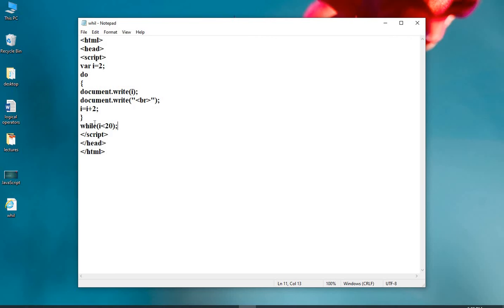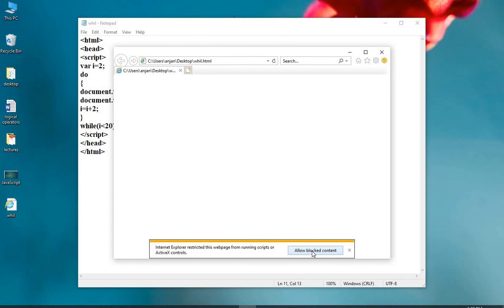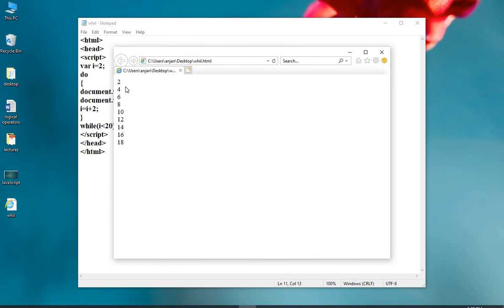Save your code again by pressing Ctrl S. You can recheck it by running. You can see the same results.